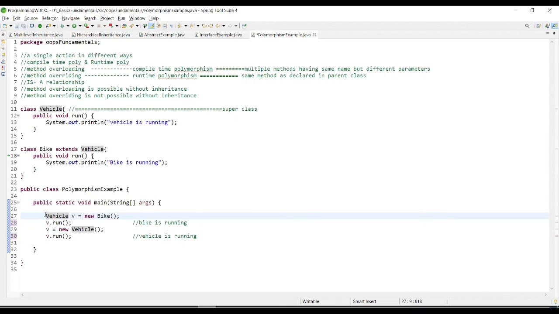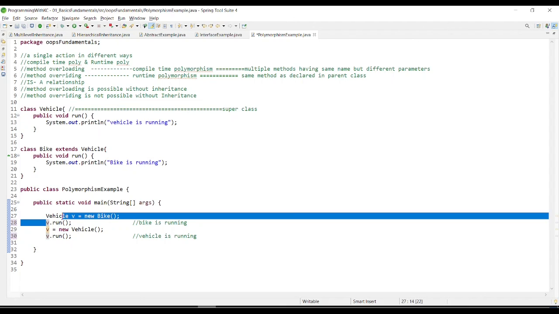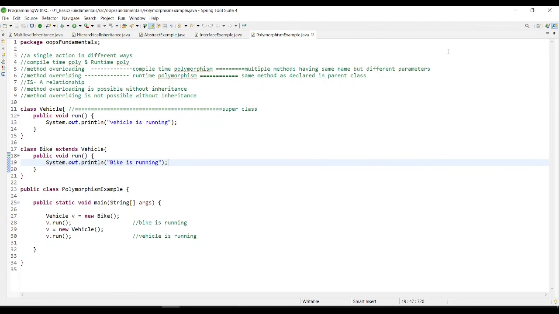But this is what we say, a single action in different ways. Now you know how polymorphism is playing an important role.